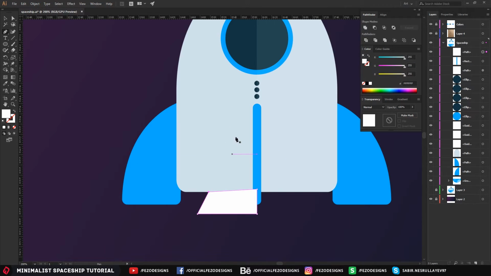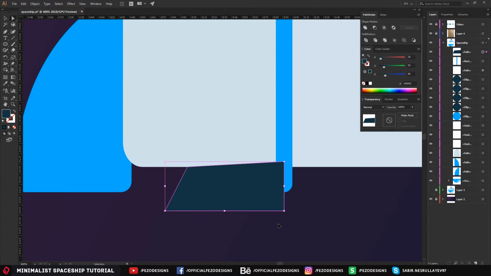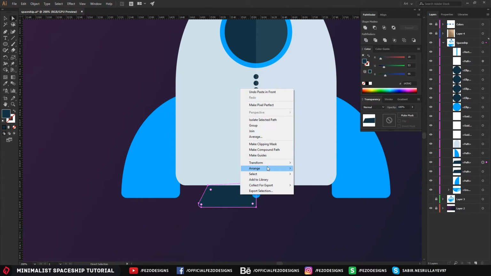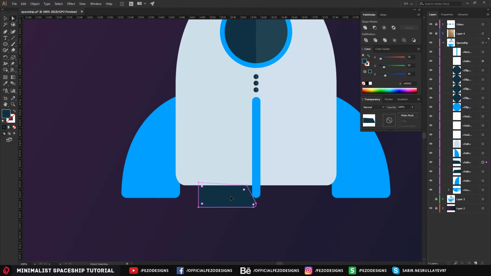And select this color and bring it back. Okay, and select your direct selection tool and make this circle a little bit up, just like that. Looks great. And Ctrl C, Ctrl F on it, right click, transform, reflect, click vertical, click OK, drag it right